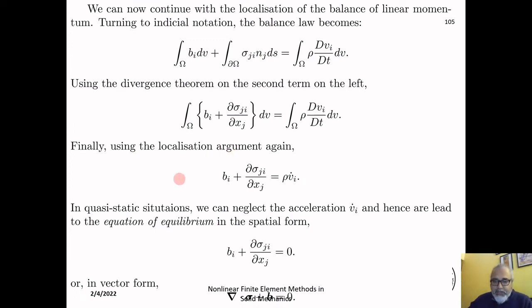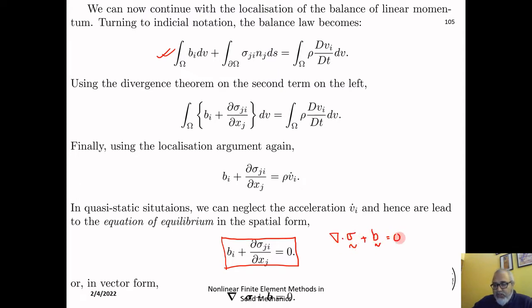So in the last lecture, we have looked at the equilibrium equation in the spatial form. And if you remember, this equation followed from the balance of linear momentum in the deformed configuration. We localized this form and we said that the accelerations at every point are negligible, so we put the right hand side equal to 0 and led to this equation, which also can be written as divergence of sigma plus